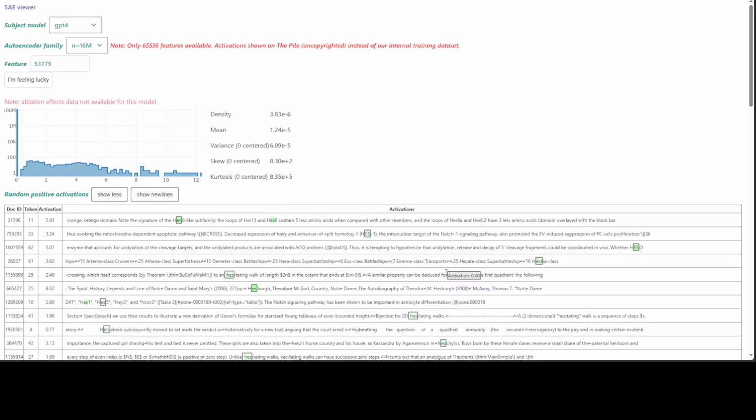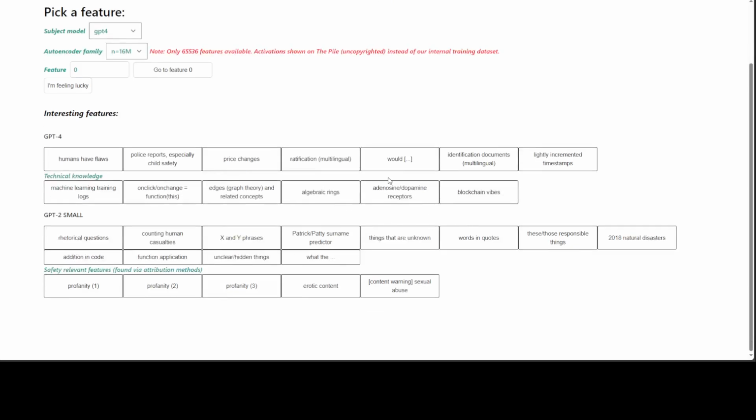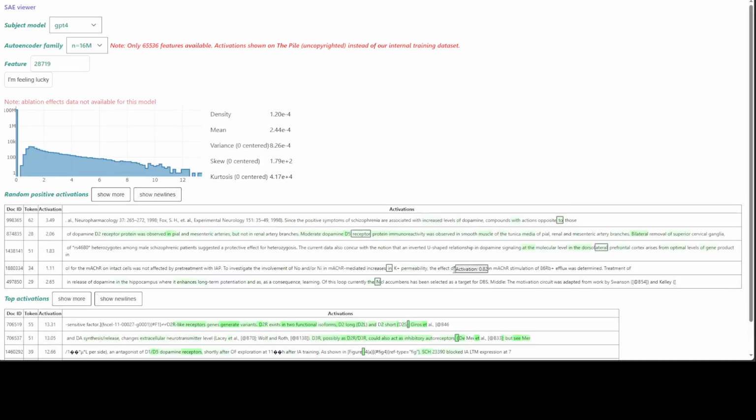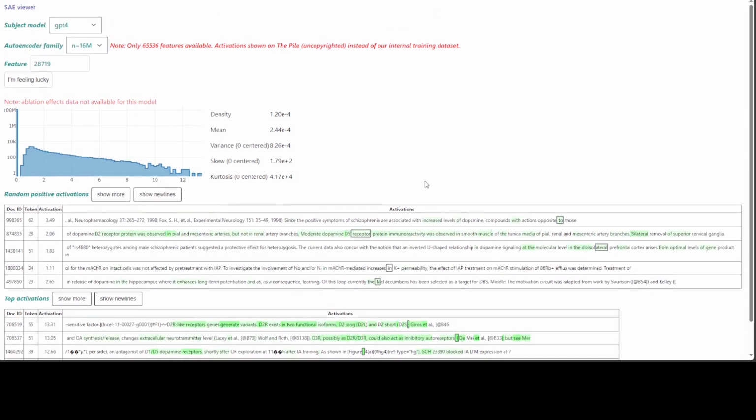It is going into the loop, or you could just click on the top left on the viewer. It is showing you another interesting feature. For example, I'll just go maybe with this one, dopamine. There you go. So you see, it is showing us the density and a lot of other statistical probabilities here, which you can read more about.